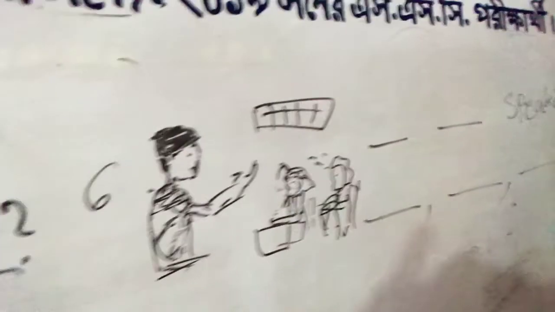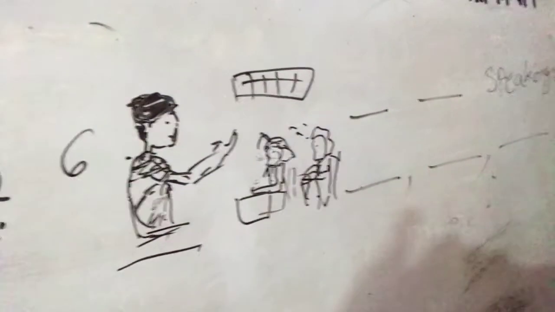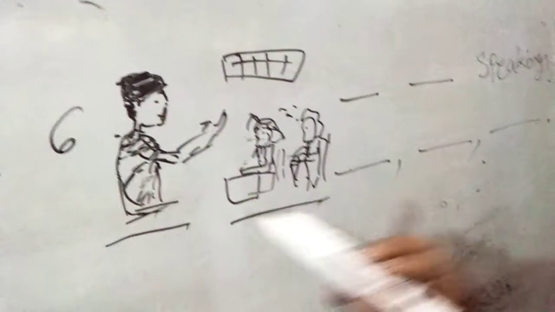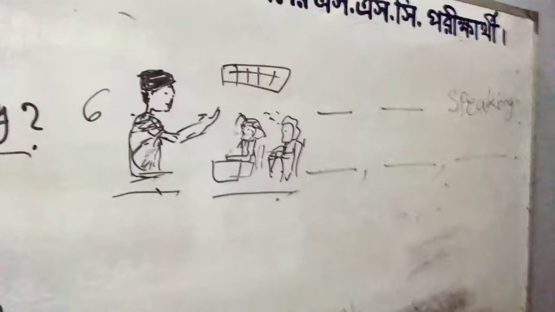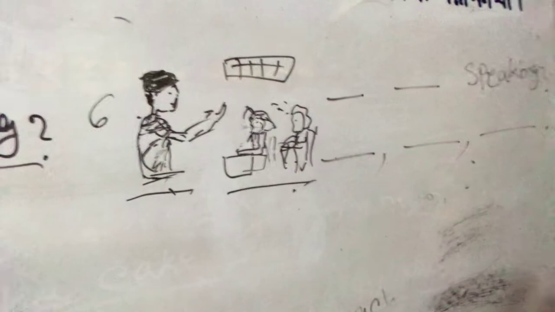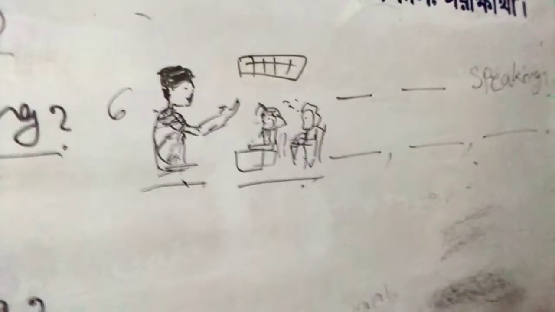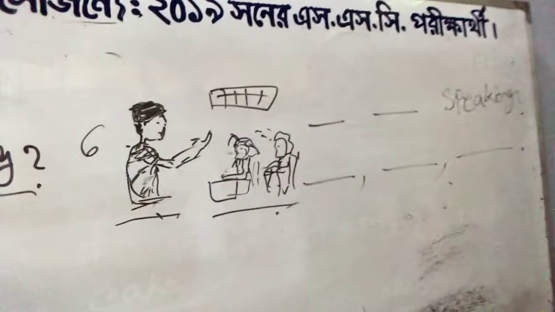Okay, now coming to the last one, and it is number 6. See, here we can see a man. Actually in the picture it's a woman. Okay, imagine it's a teacher. He or she is a teacher, and there are students. A teacher and the students are talking to each other, actually speaking. Okay, so as there are 3 of the people in your book, you will have so many people at a time in a classroom, but due to the shortage of space, I have just drawn some of the people. I can't manage all the people in one picture.